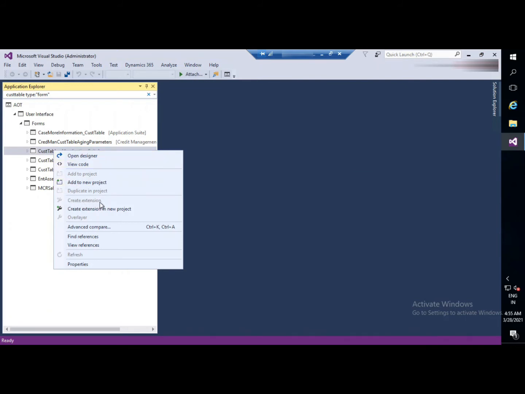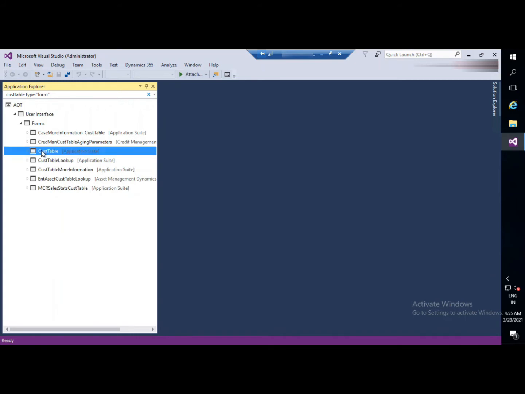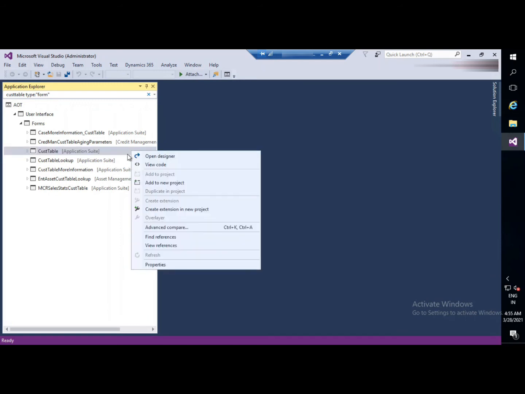Now this is disabled, so I'll tell you why. Because in my model I have not updated my model parameters. So right click and click on create extension.